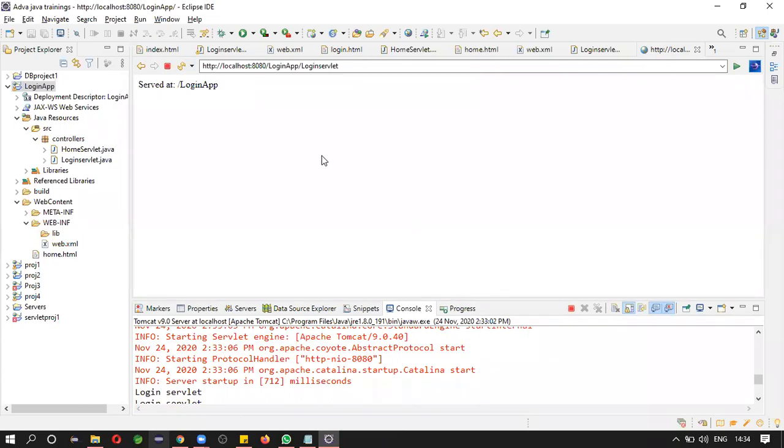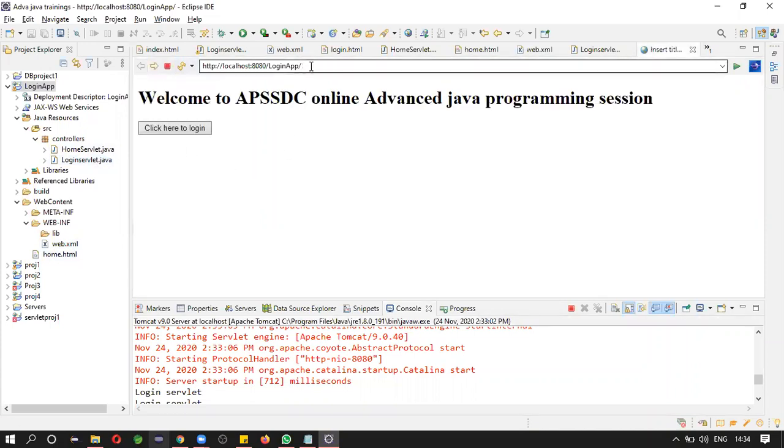So how is control flowing? We have 3 files. First one is home servlet Java file. Second one is login servlet Java, and third file is home.html. These are Java classes, and this is the HTML version. So what is happening when you enter this URL?